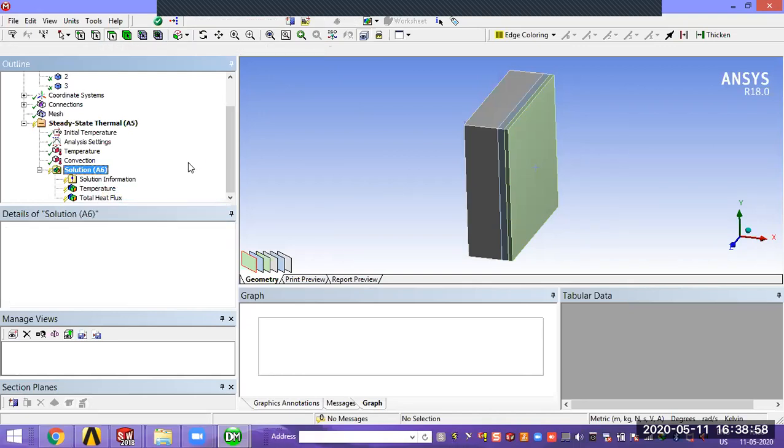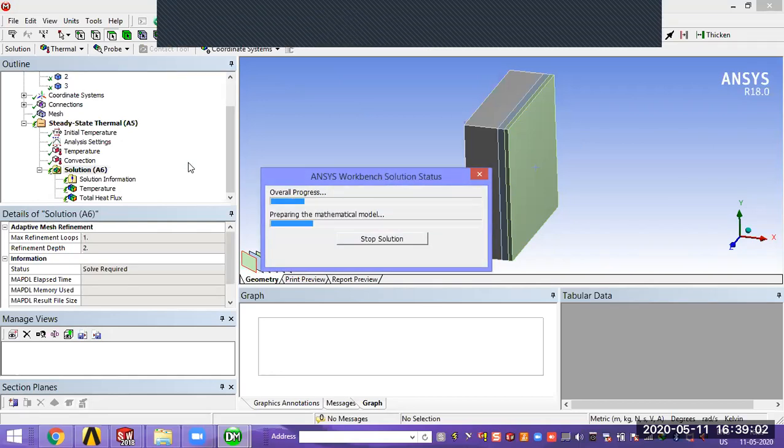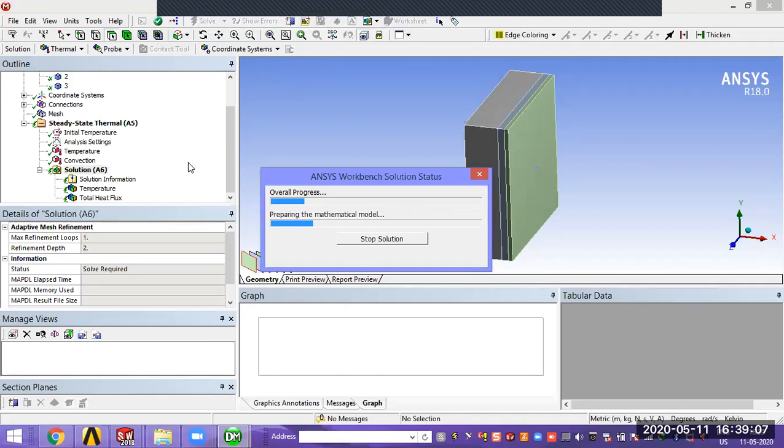Now it's solving all the stiffness matrix and everything, as a force equal to F equals K into T, the finite element equation. This is a 3-dimensional component.